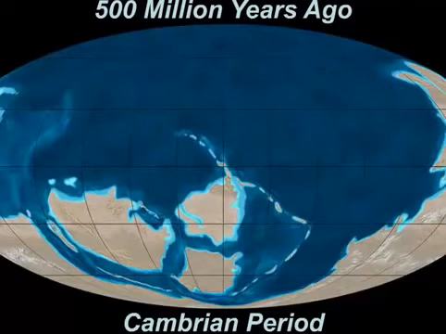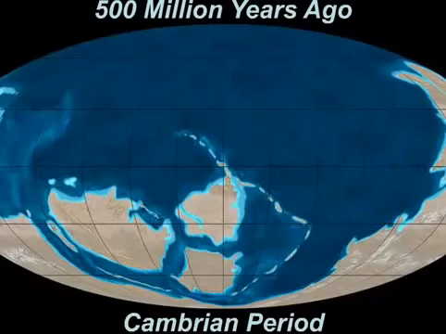And so 500 million years ago we have the Cambrian period. What we're looking at, if we see this vertical line right down the middle, that's the prime meridian. Going horizontal right down the middle, that's the equator. And so the crosshairs where those two cross is right there in the center of this map here. And we'll note that actually all the land masses and continents are in the southern hemisphere,